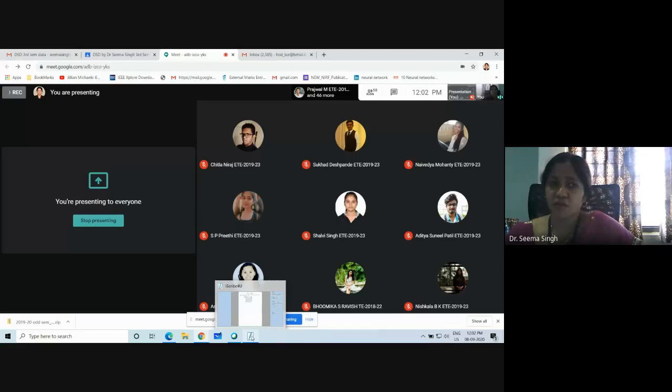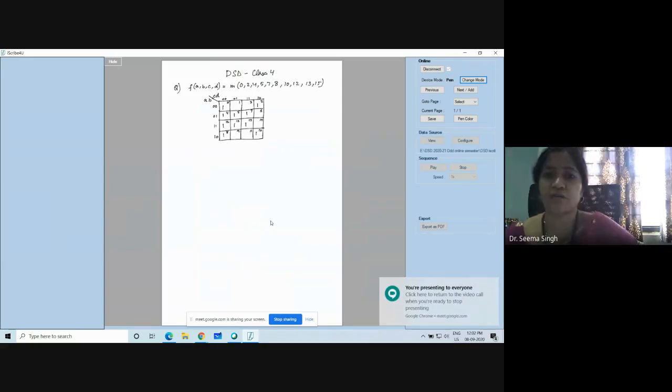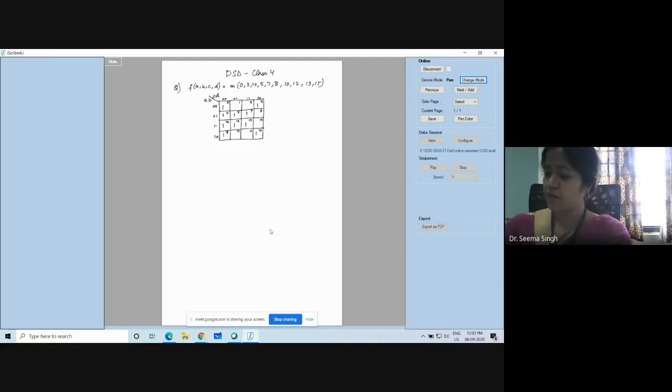Adjacent cell means what? Adjacent cell means that it has a change of one variable only. So we will see this question of 4 variable K map, in which I can show that there is one available at the corner of the K map.